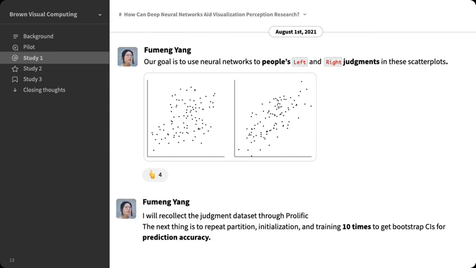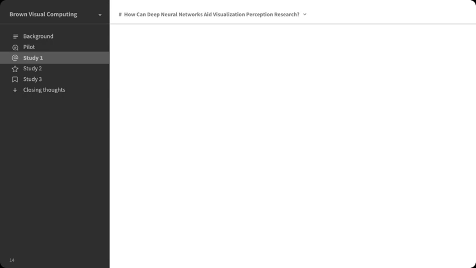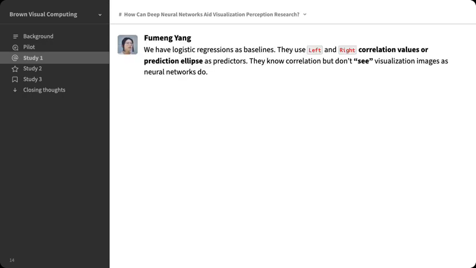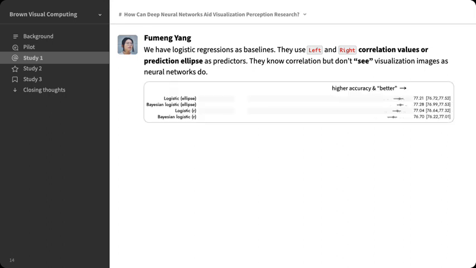We then recollect the judgment data through Prolific and repeat partition, initialization, and training 10 times to get bootstrap confidence intervals for prediction accuracy. Before we can interpret the results, we have logistic regressions which use left and right correlation values as predictors. They know correlation but don't see visualization images as neural networks do. They provide us baselines to understand the prediction